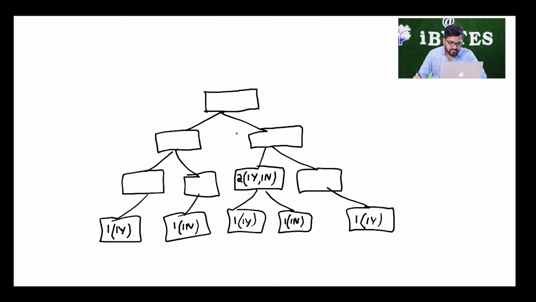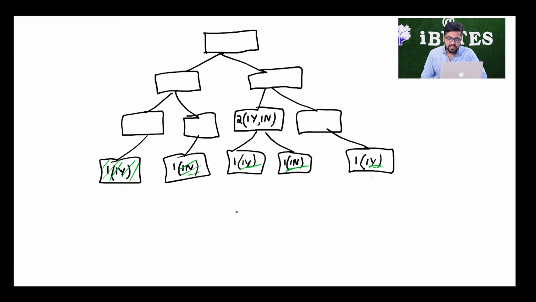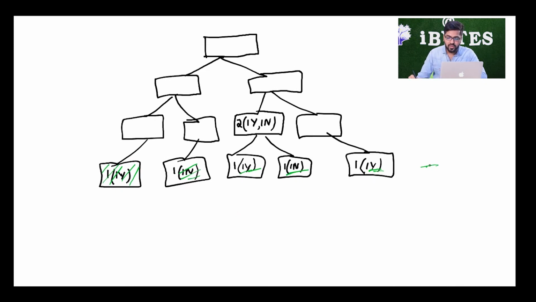As you can see, I have a tree over here. In this decision tree, I have 5 leaves. These are my 5 leaves. These are the leaves which have not been split further. As I can see, all of my leaves in this case are pure nodes, that is, only one class belongs in each of them. So I can say my accuracy is going to be 100% for this decision tree, and I am not making any training error.